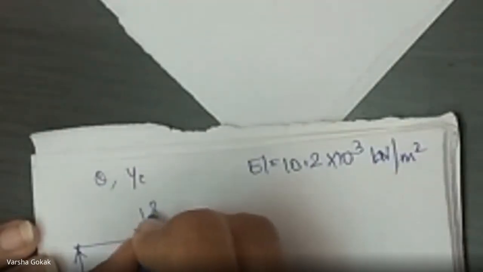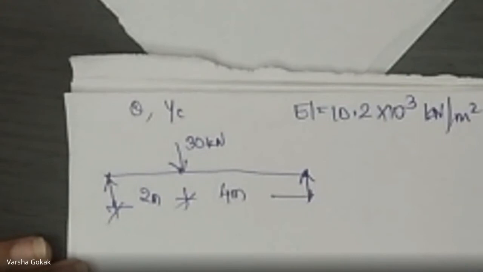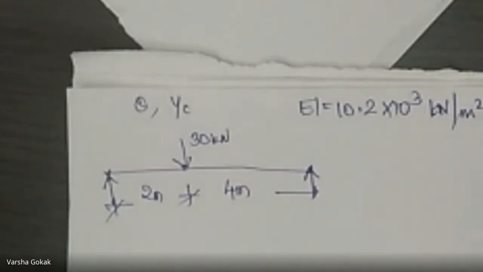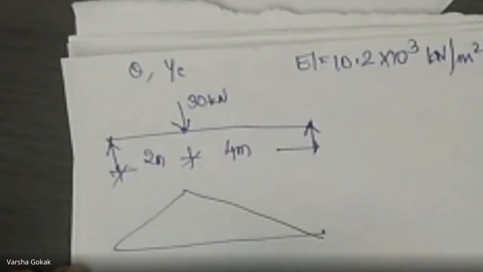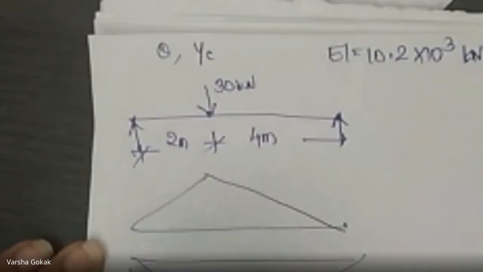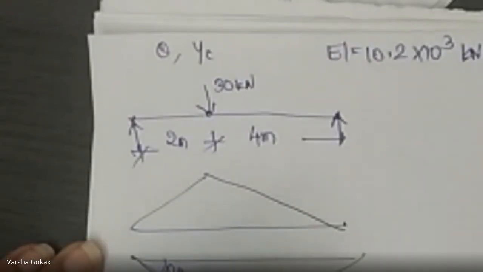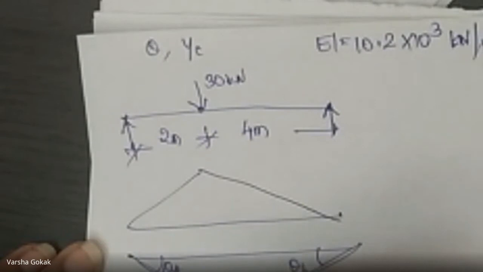The diagram goes like this. This is the beam, and here is the point load. This is 30 kilonewtons. This distance is 2 meters. This distance is 4 meters. Right. So obviously, because the distances are different, theta A, theta B also will vary now. Am I right? So first, I know the bending moment diagram is going to become like this, right? And the elastic curve will go like this, and the tangent like this will give me theta A, and the tangent like this will give me theta B, right?